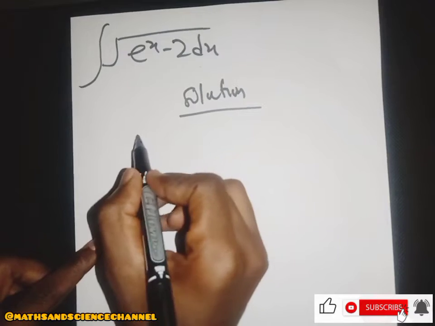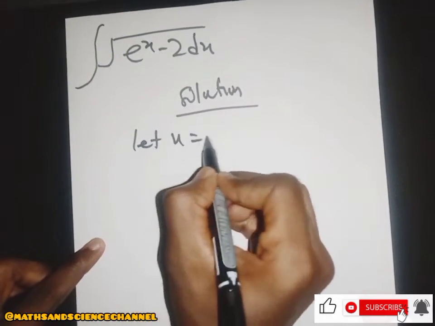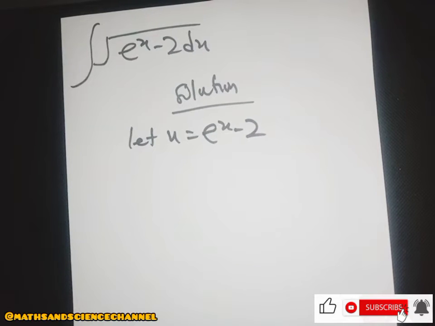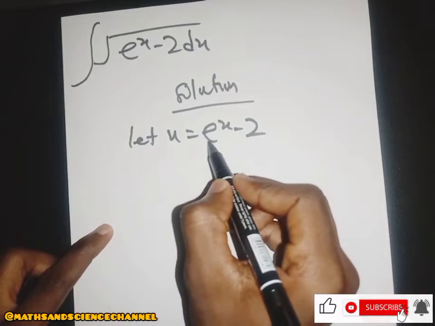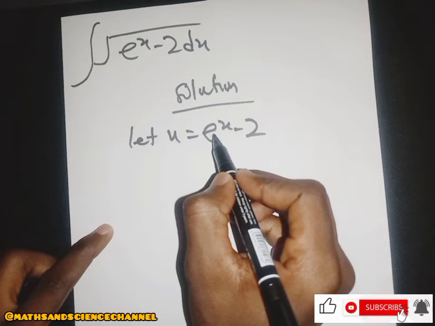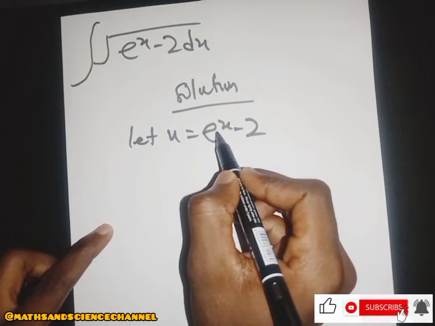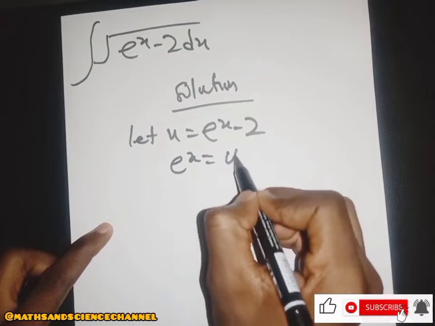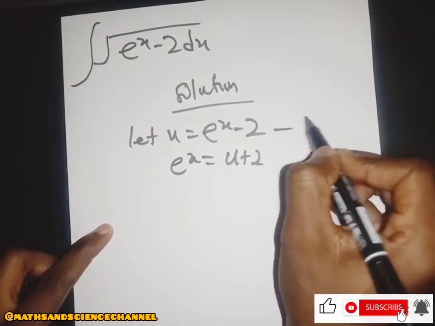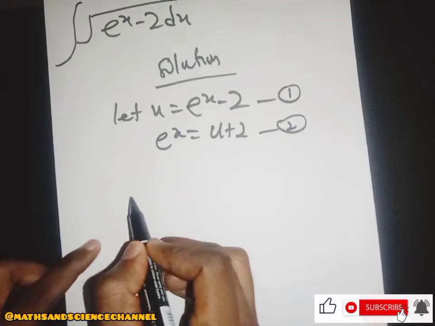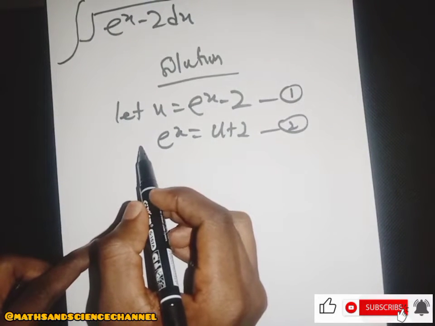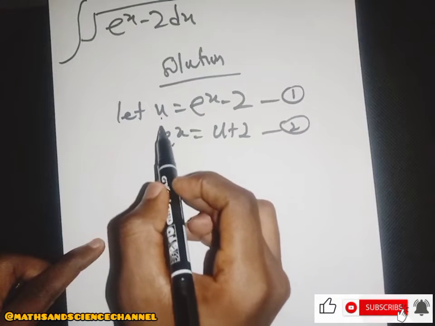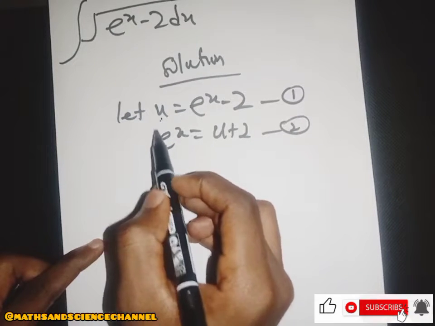So basically we let u equal the square root of e to the power s minus 2, and therefore making e to the power s the subject, we have e to the power s equals u squared plus 2. Let's call this one 1 and this one 2. Another thing we can also do is that we also know that u squared